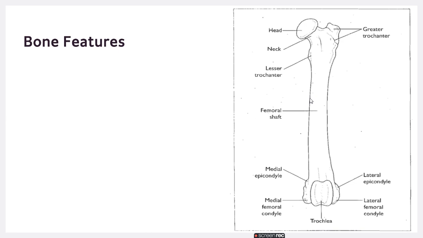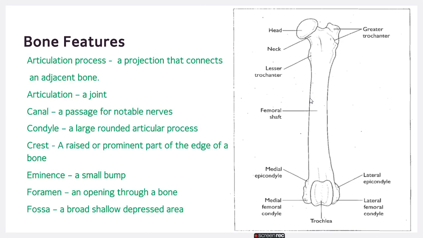We have certain bone features I have jotted down over here. Some of them are discussed below, namely the articular process. The articular process is the one from where another bone is going to join. For example, this is an articular process. Why? Because another bone is going to come over here and join from this side. And what is articulation? Articulation is the joining of adjacent bones to make a joint, right?